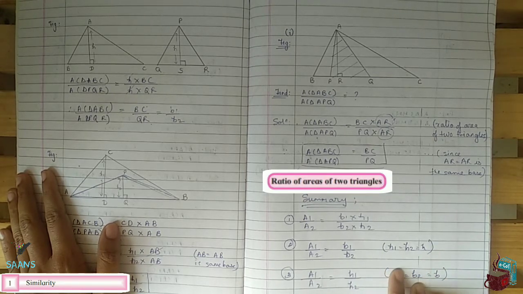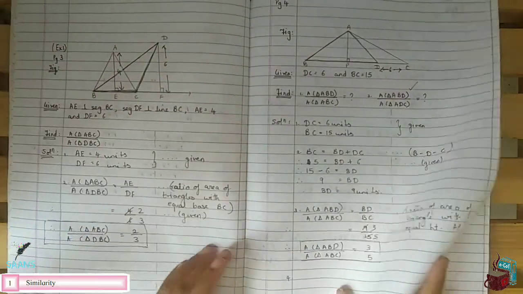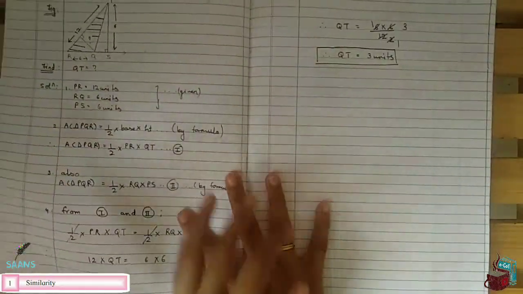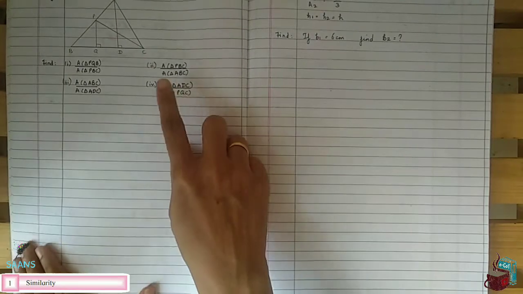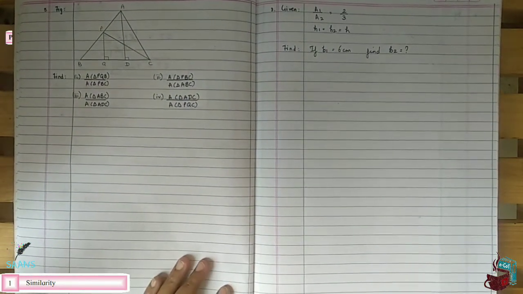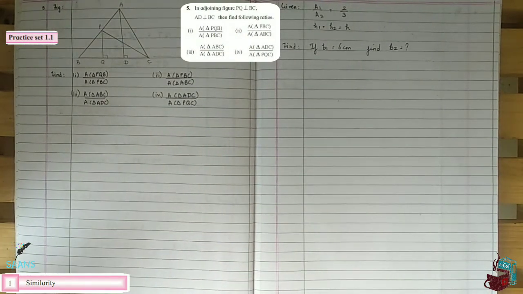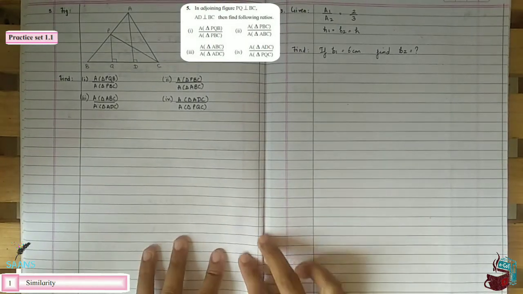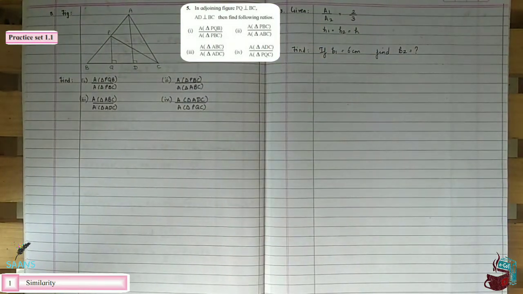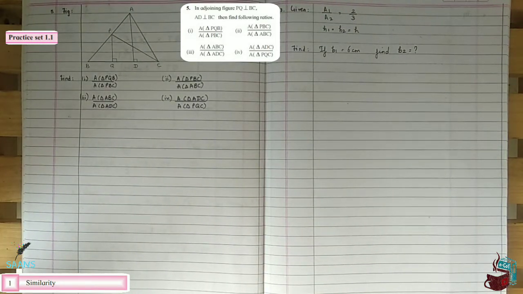Based on this we had done a few sums. I'm going to continue with a few more sums. I told you I'll try the fifth sum and then I will do it for you all. So we are going to do the fifth sum from your practice set today. After that we are going to do a few problem set sums and a few sums from the sample question papers that are there on your website, the Maharashtra board website.